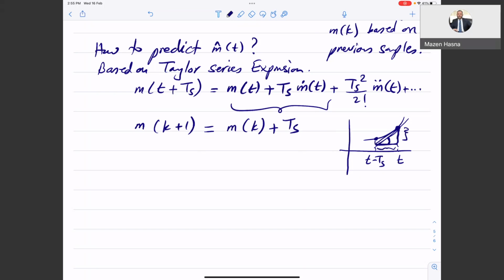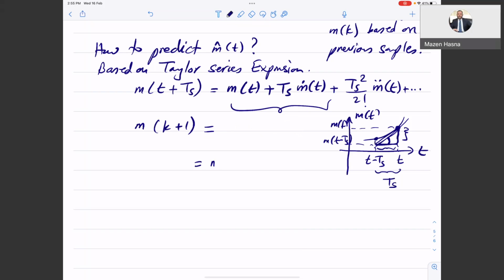So this is time, this is T, this is M of T. This is roughly M of T minus M of T minus TS, divided by TS. So the derivative is basically, I can write it,